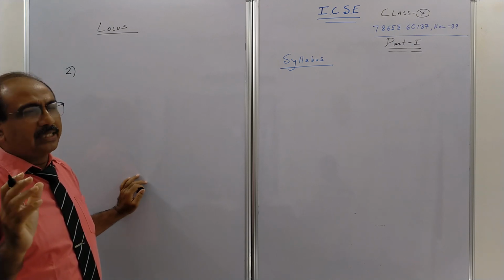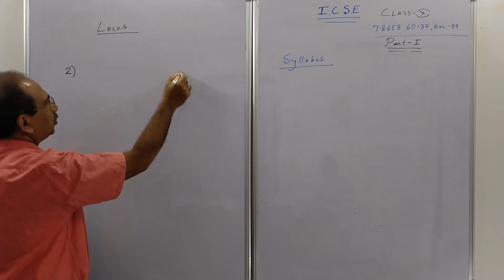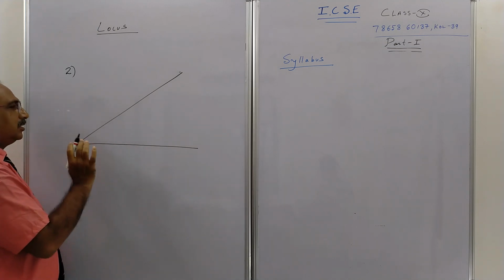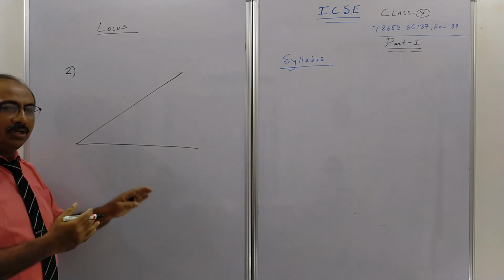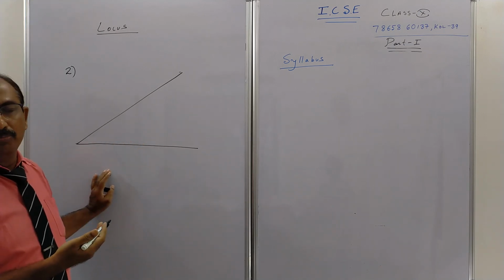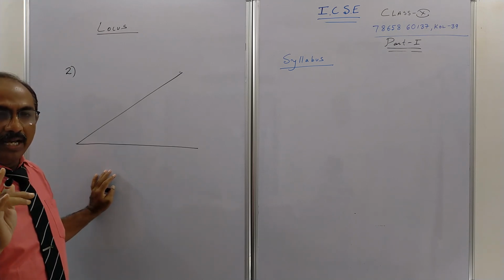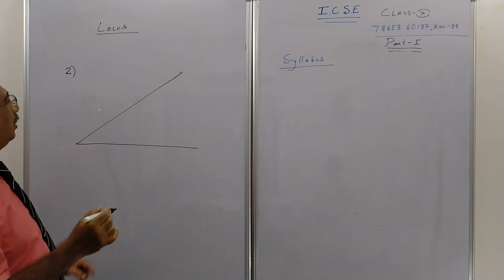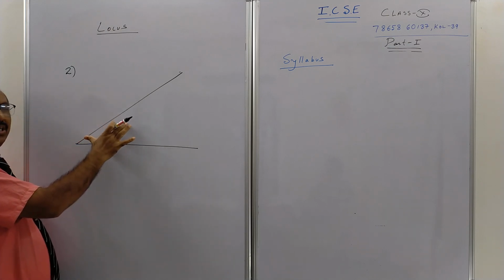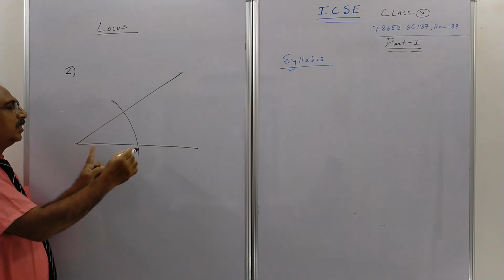So this whole chapter is all about 2 things that I am going to tell you. Point number 2, suppose you have an angle. Before I go to the locus part of it, you know, you draw an angle with a protractor or with a compass. So first I'll tell you what an angle bisector is and how we draw it. For the angle bisector, you take an arc, children, a fixed arc, say 4 centimeter, and you cut an arc over here. From here, take an arc and cut. Again you put